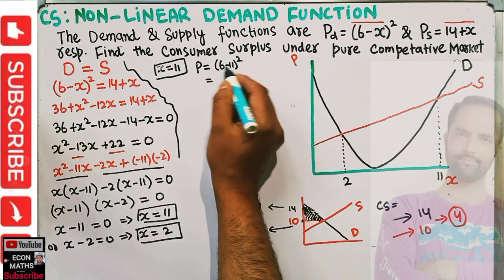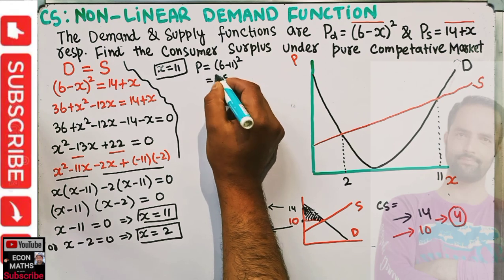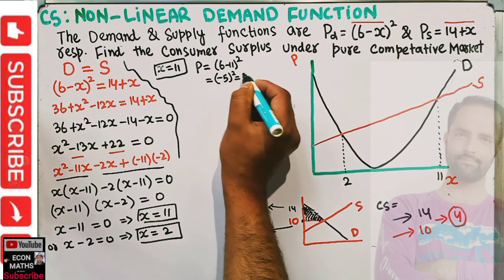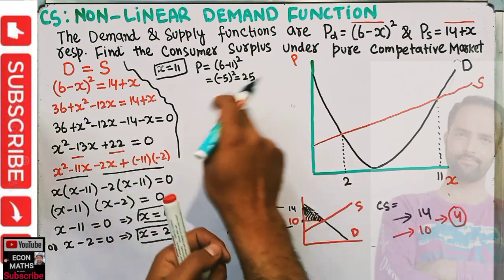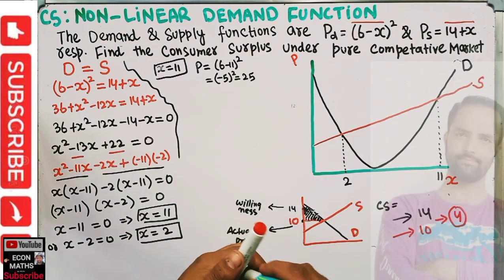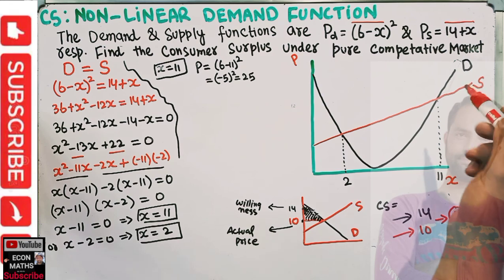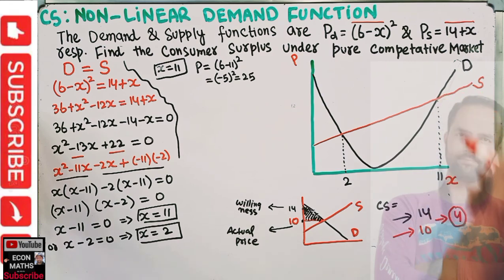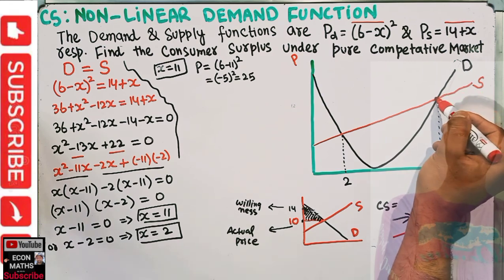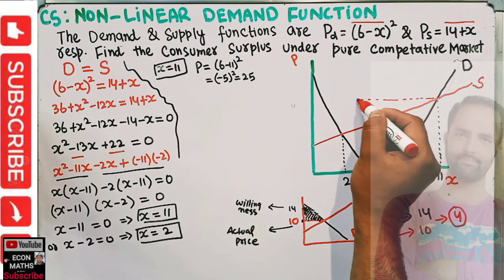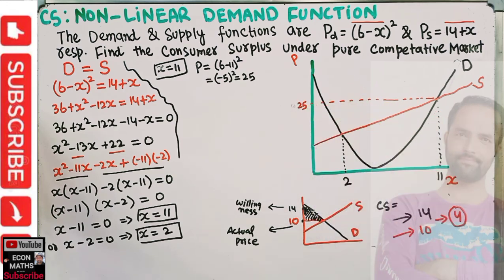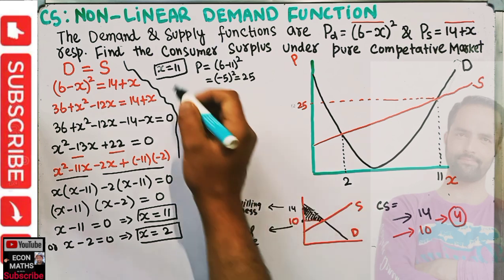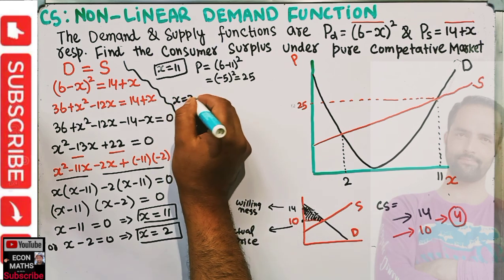This comes out to be minus 5 whole square, which comes out to be 25, because the square of any negative number is always positive, so minus minus plus. So when x is 11, our equilibrium price is 25. Now when x is equal to 2,